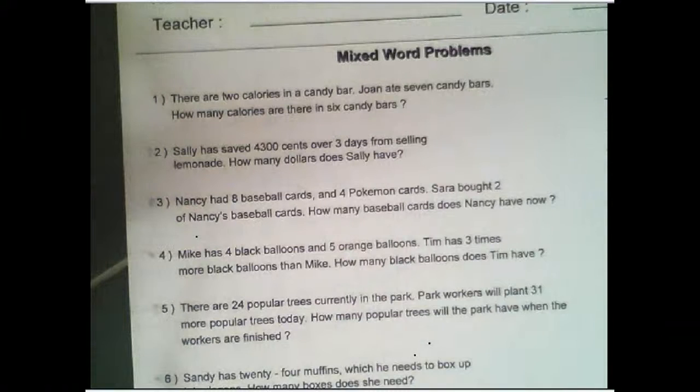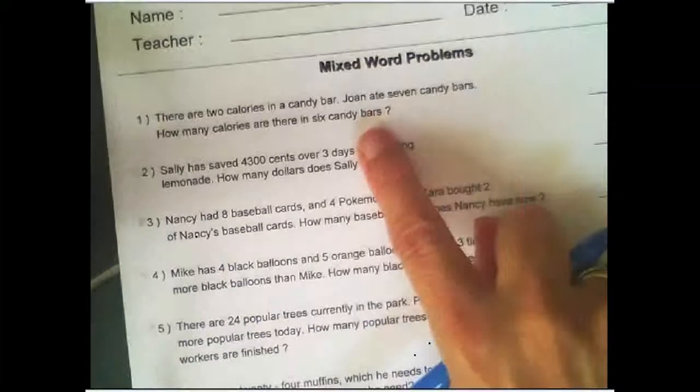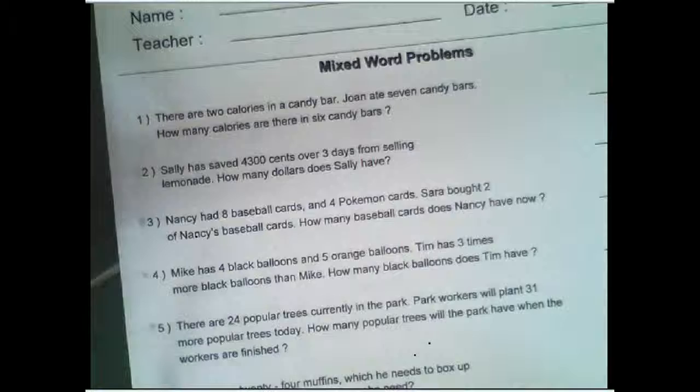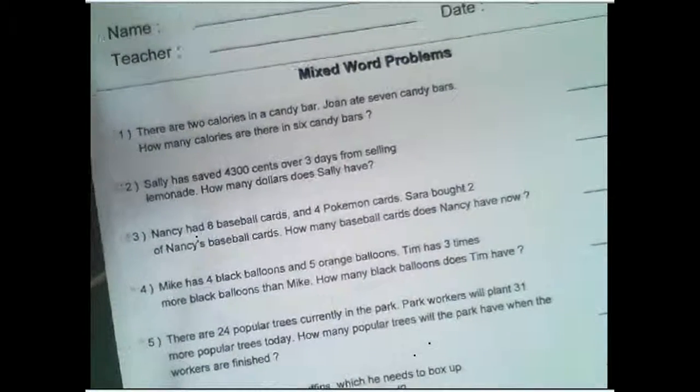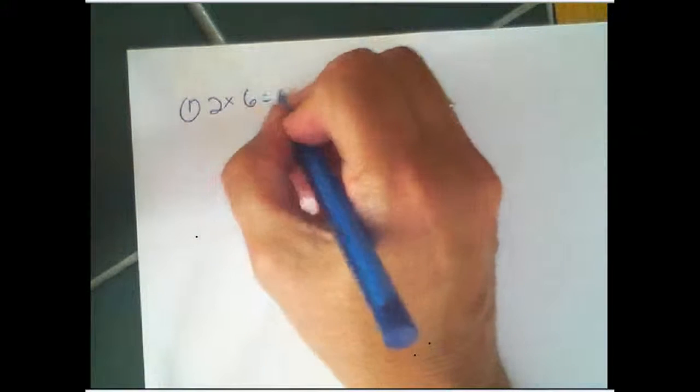There are 2 calories in a candy bar. Joan ate 7 candy bars. How many calories are there in 6 candy bars? We don't care what Joan ate. We just want to know how many calories there are in 6 candy bars. So we're going to take those 2 calories times 6 is going to give us 12